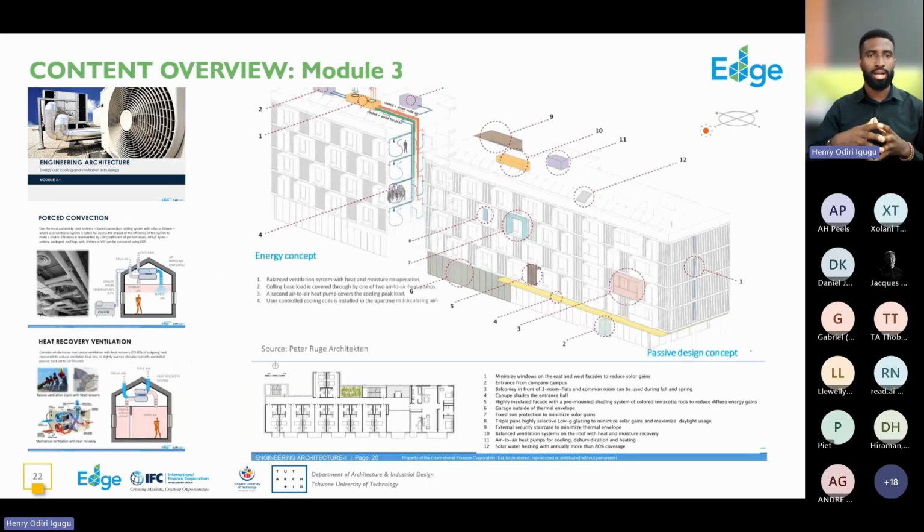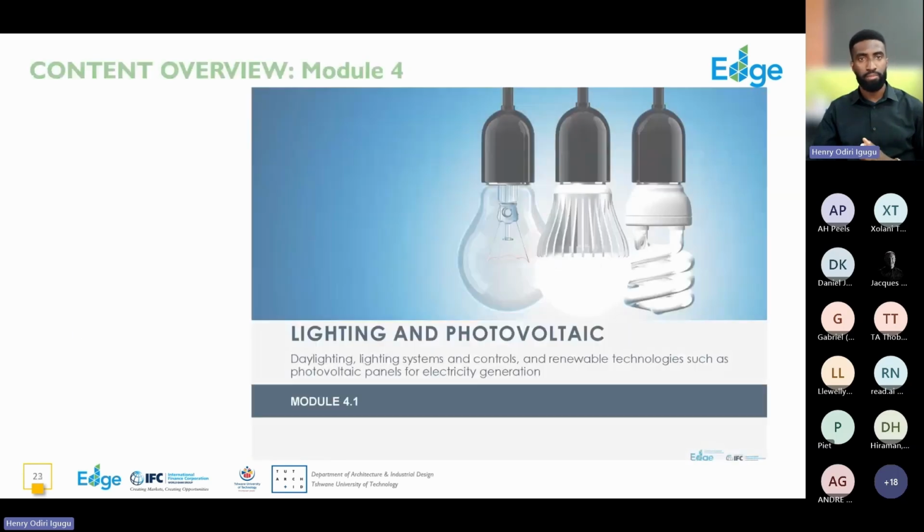Similarly, we are exploring case studies almost with every module. So you get the opportunity to see how what we're exploring here has been applied in different buildings. And who knows, it could give you ideas for an immediate project you're currently working on, or some ideas that will be useful for you in the future. And that wraps up module 3.